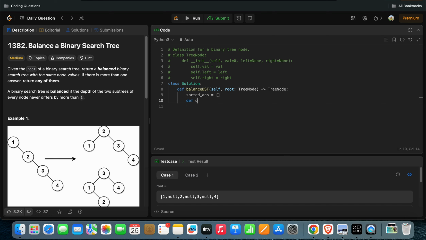Let's quickly define a function in order traversal, and I'll pass root. Now the base case: if root is none, I'll simply return, else I'll follow the in order, which is left